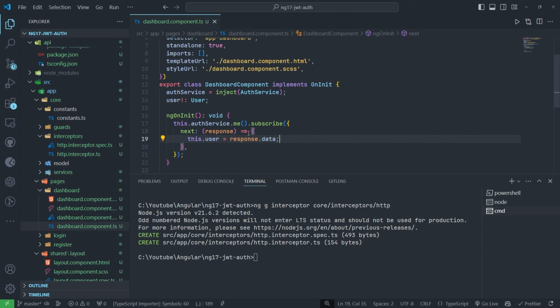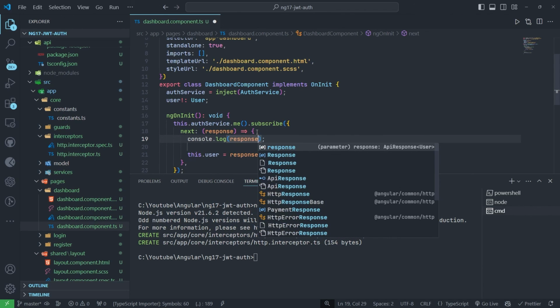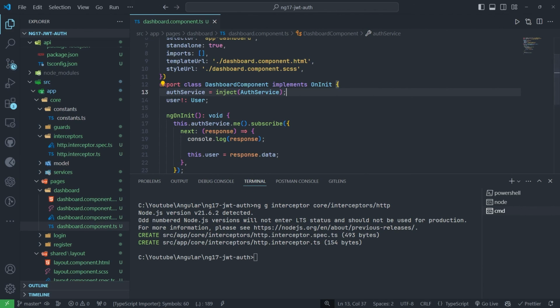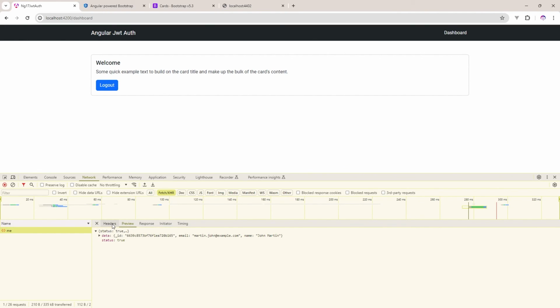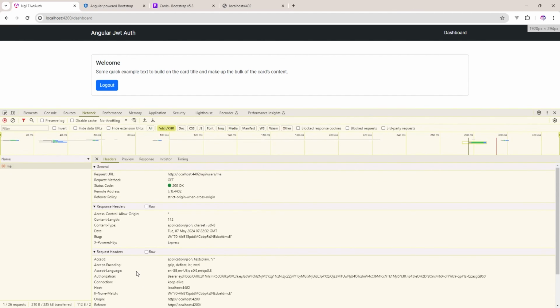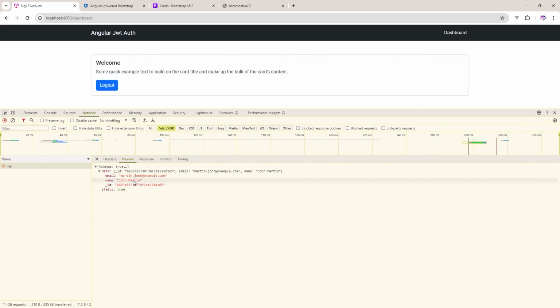So here now we can check, and one more thing we can do. For this we can log this. Let's see, you can see this is working, right? We got the data, and in the headers you can see we are sending the JWT token, sorry, JSON web token we are passing. That's why we are getting the data. Now we can add